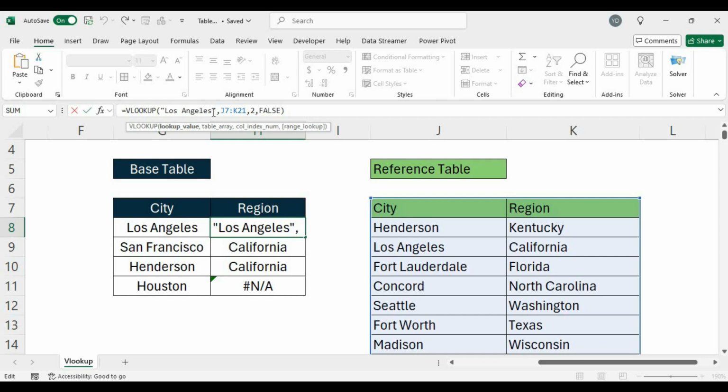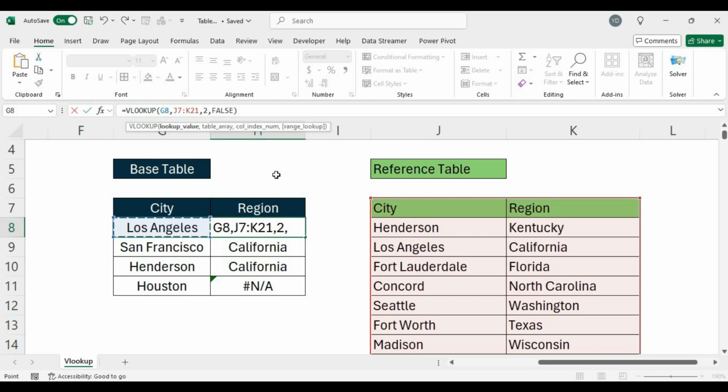We need to change this name when we drag the cells down. So we are going to replace this string with a cell value, a reference cell value. Here we are going to select this G8 cell,